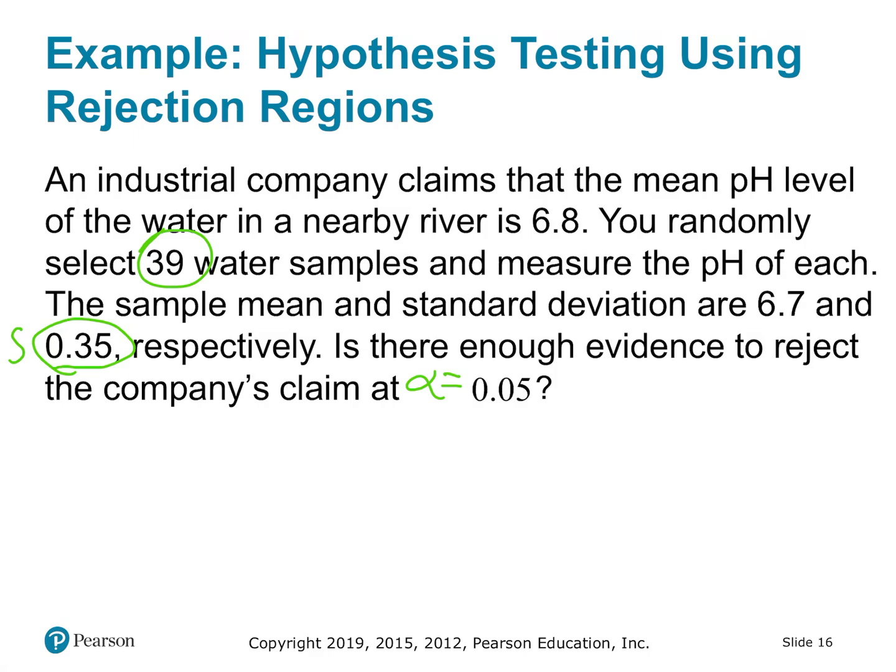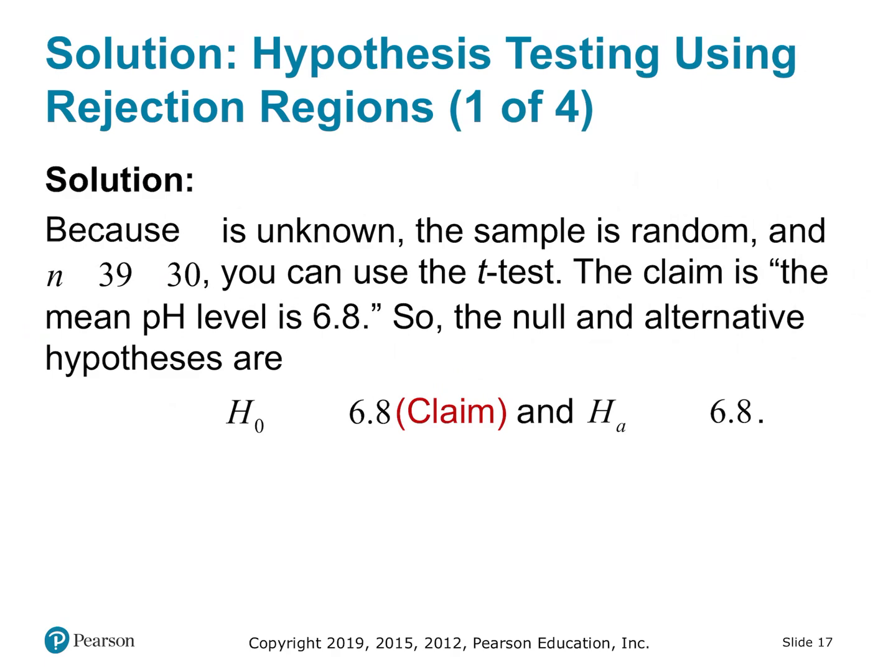And notice there's no direction given. I'm looking, and I don't see a greater. I don't see a lesser. Don't put it in unless you can see it. Maybe even circle it. So, because sigma is unknown, and we do have a greater than 30 scenario, we can